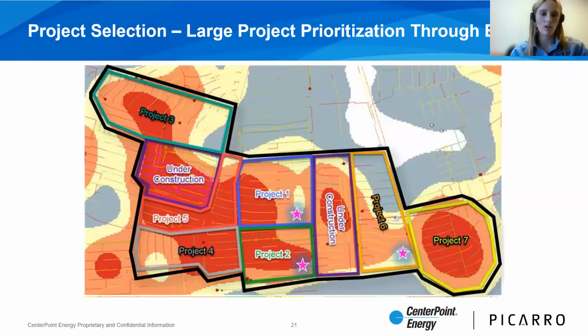Here's how engineering broke down the different projects and how they prioritize them. This is actually an old slide. I think all of these projects are now done. But what I want to point out is that we were able to prioritize projects 1, 2, and 6, where the stars are, because those overlapped with where the dark red, maroon colors were on that Picarro EQ data. With 7 projects, it's tough to say which one's more risky when just looking at this, but using this in conjunction with the Picarro EQ data, it makes it a little more clear